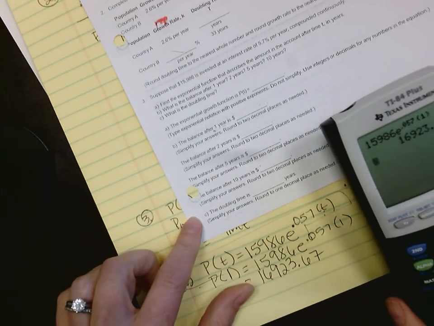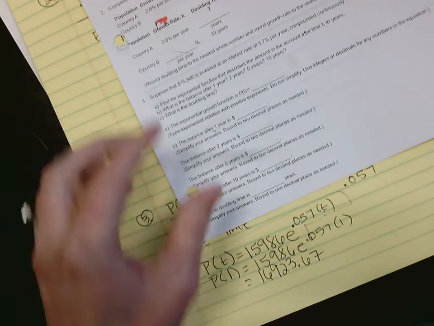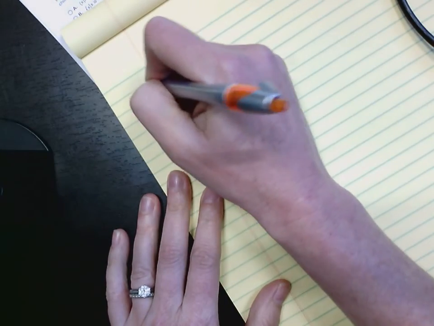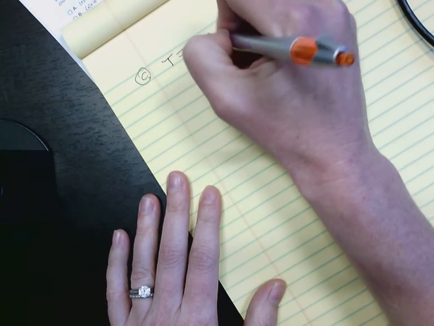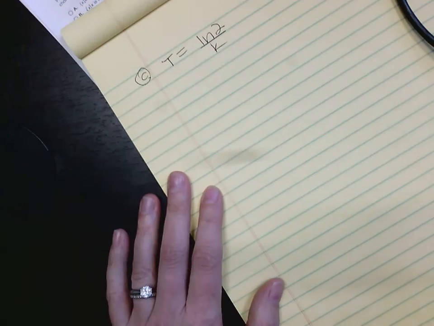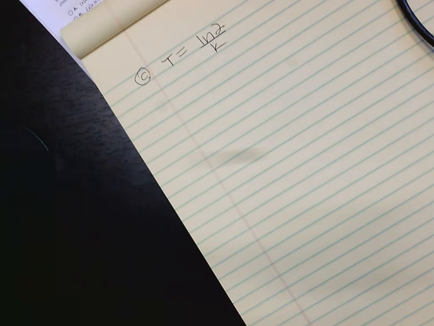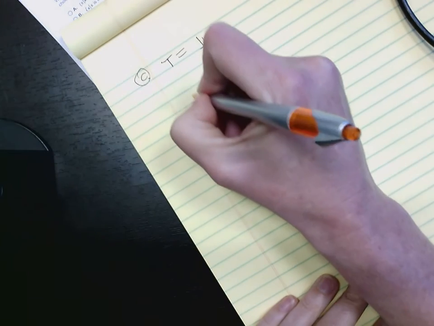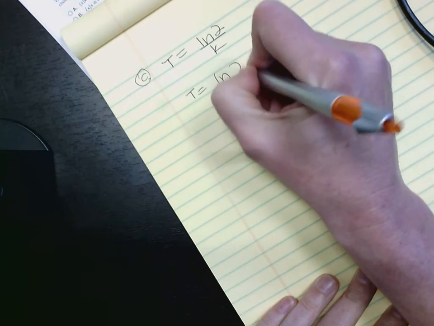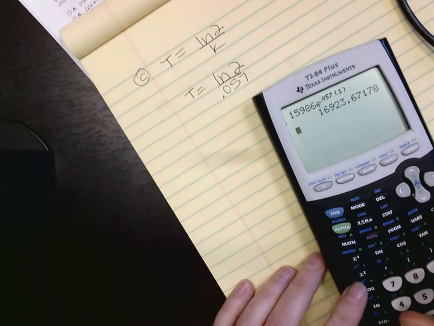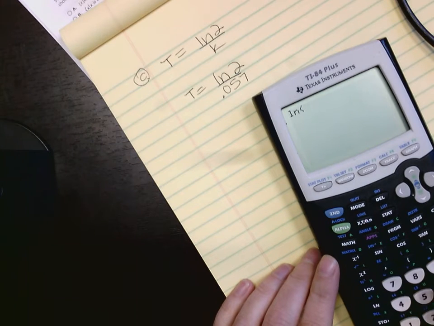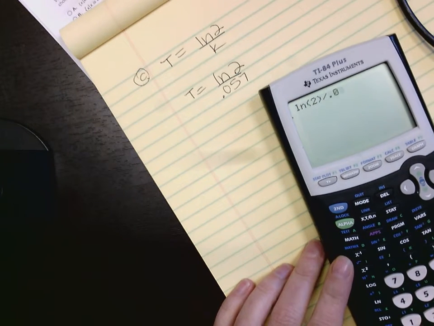Okay? The last part, this C part, is the doubling time for this problem. So remember, doubling time is t equals ln of 2 over k. So all I need to know is the rate, which was that 0.057. So I just plug it in. ln of 2 over 0.057 and do the math. ln of 2 over 0.057